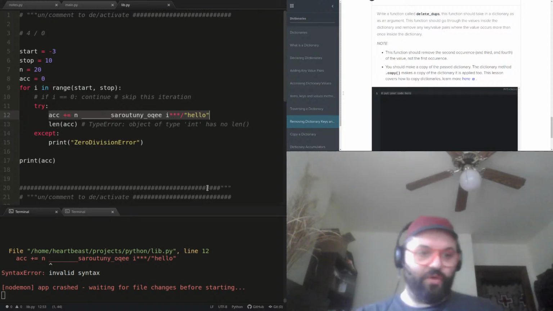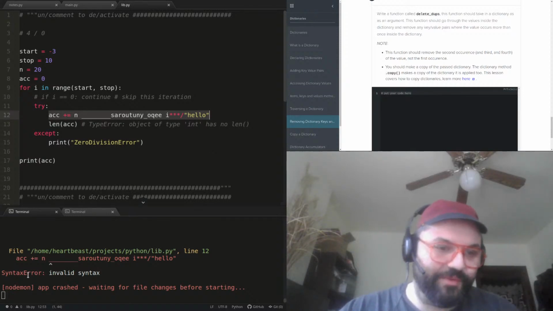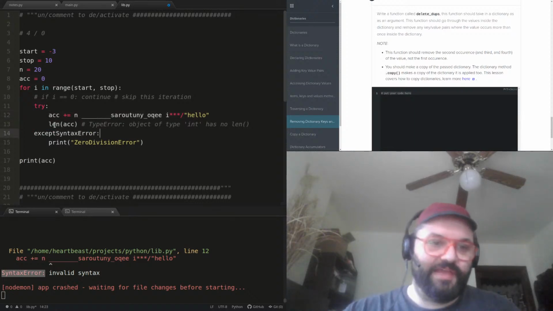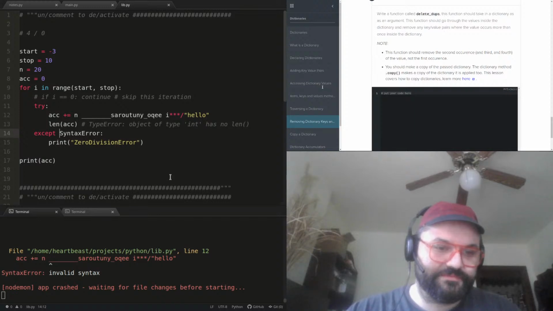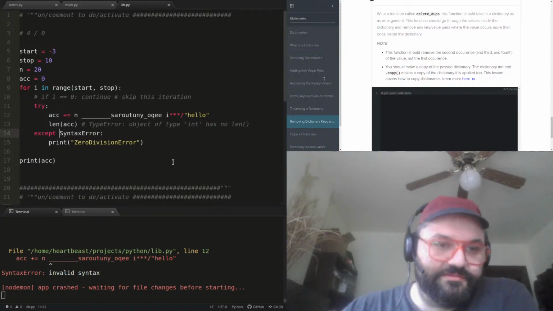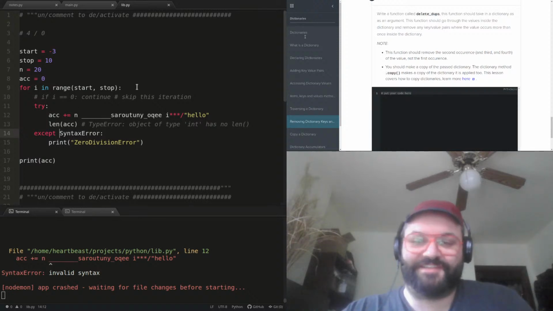Invalid syntax. Oh, wow. I am actually getting an invalid syntax error. That's actually wonderful. I remember doing this before, and that bare except would just catch syntax errors. Okay, evidently I can't except on syntax errors. Huh. That's actually very useful. I don't think you want to except on syntax errors anyways.